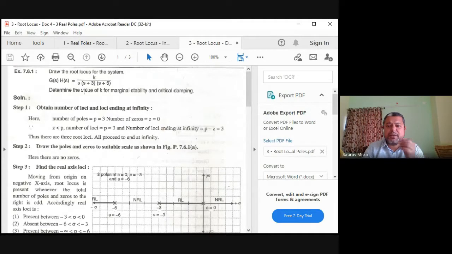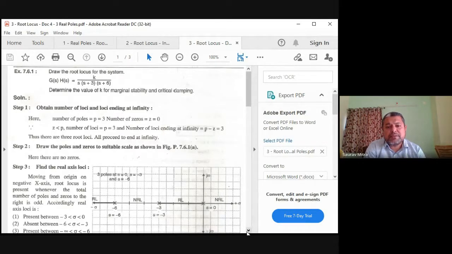So this is the first time we are doing something very slowly. Find the root locus plot for different values of k for the given GSHS open loop transfer function k by s into s plus 3, s plus 6. Exactly this kind of numerical will be asked in the exam. So we have seen this thing. First step is to find p equal to 3, z equal to 0. So the number of p minus z is 3 minus 0, which is 3. All the steps are done first.